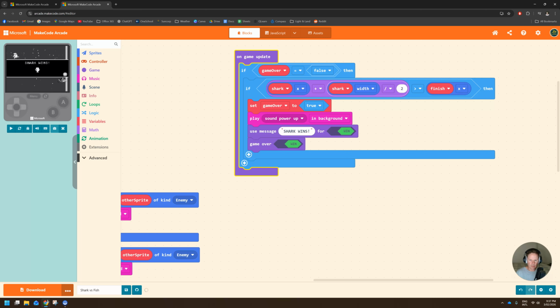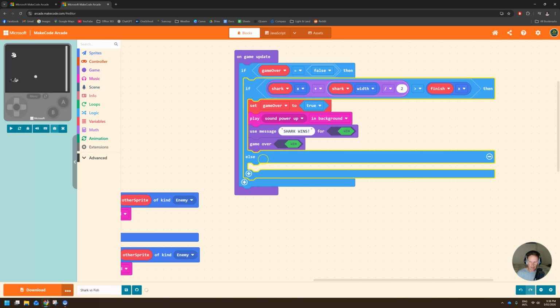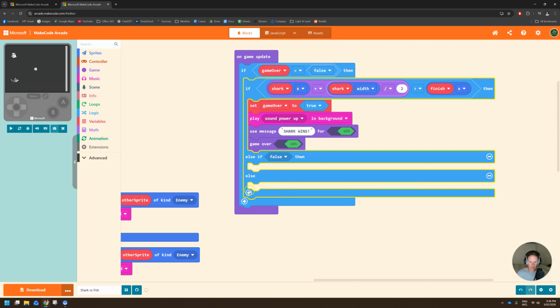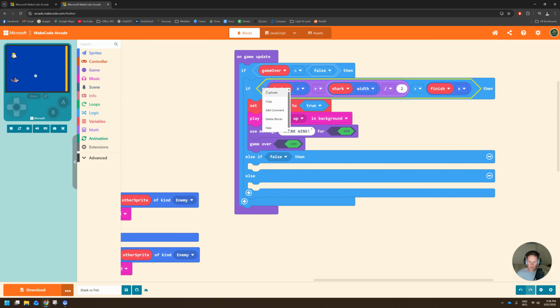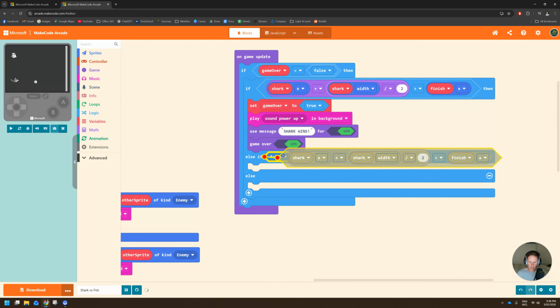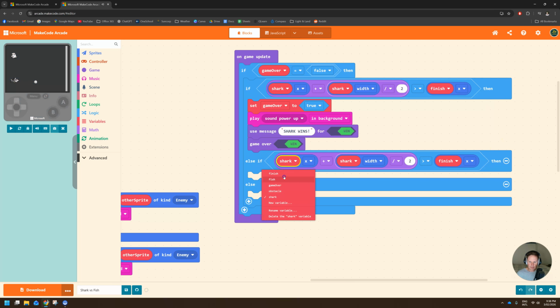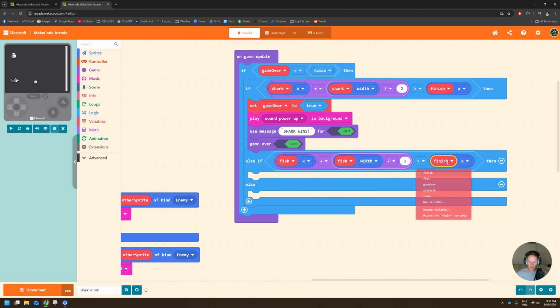Let's do very similar now for the fish. So I'm just going to move that across a little bit more. And to do the fish, what we might do is press this plus sign here. It's going to say else. Might even make it an else if. So I'll press that twice. So it'll say else if. And let's just duplicate what we've got up here. So duplicate on all of that, and I'm going to drop it on top of the false. And instead of the shark, I'm going to make it the fish this time. Fish. Yeah. So if the X value of the fish plus the fish width divided by 2, that's just saying is if the nose of the fish is greater than the finish line's X value,